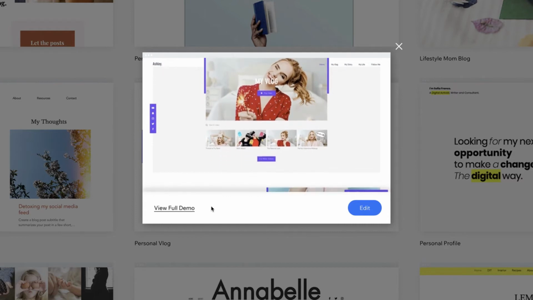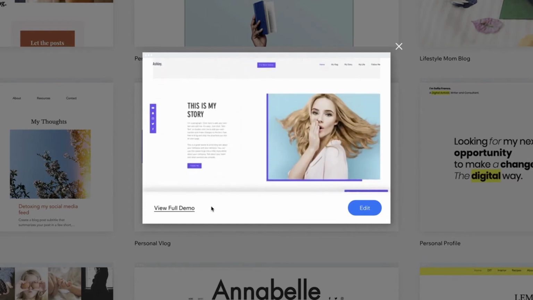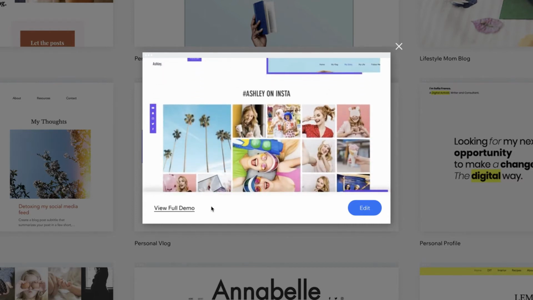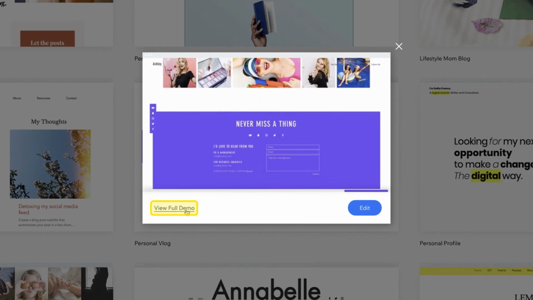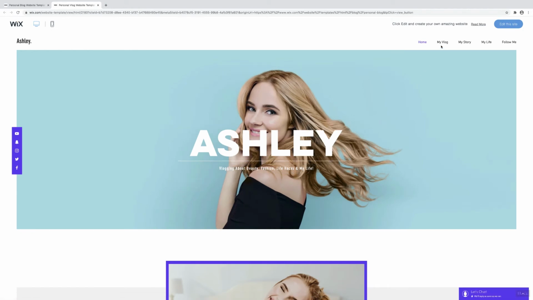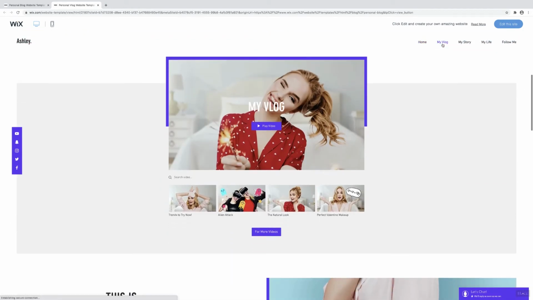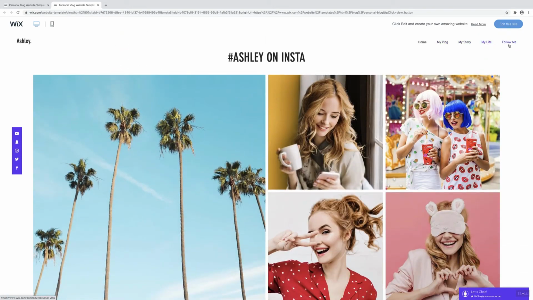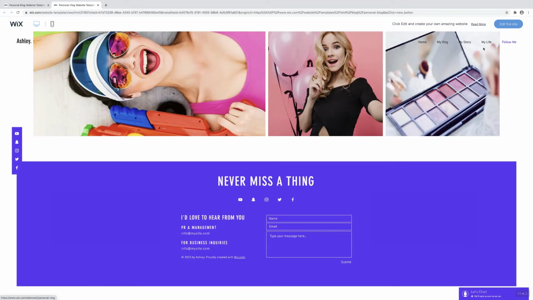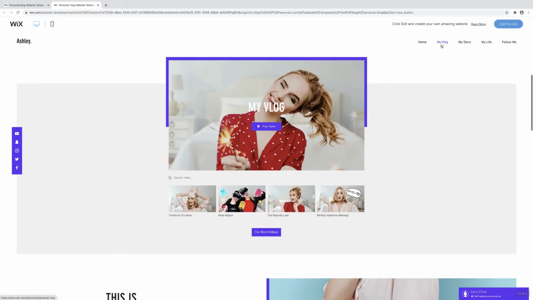And if you like what you see, you can look even closer. From here, you can view a full demonstration version by clicking on View Full Demo. This allows you to navigate around the website at full size as though it's an actual website. This is great in order to test out the functionality of the template, see how things look up close, and move about the website to test if it will work well for your intended use.